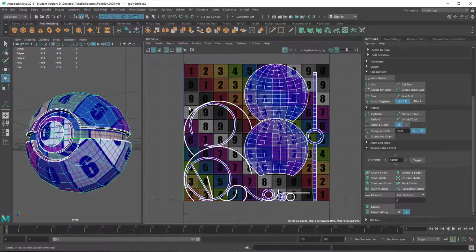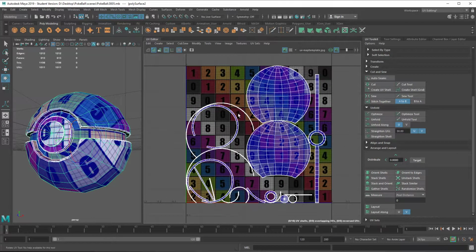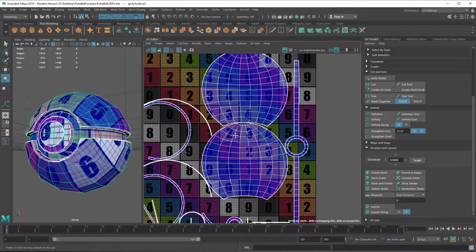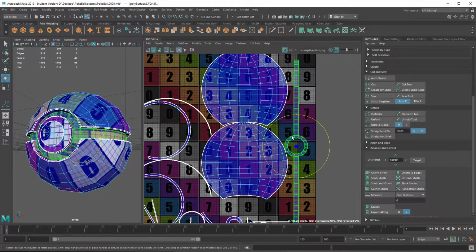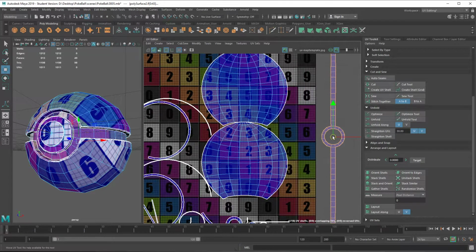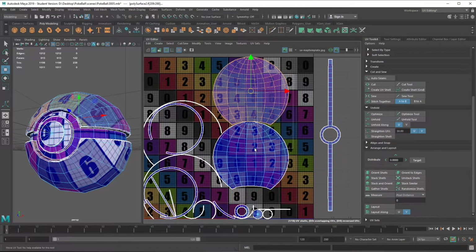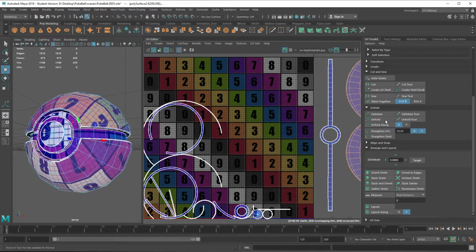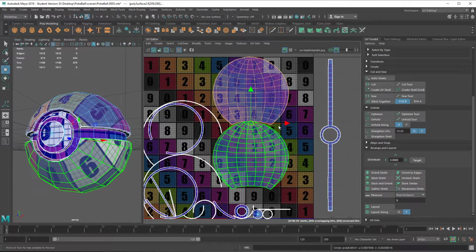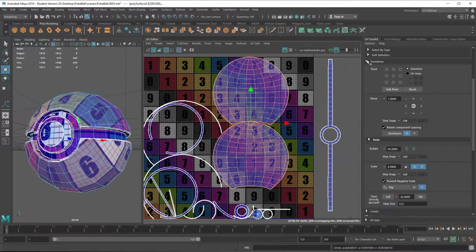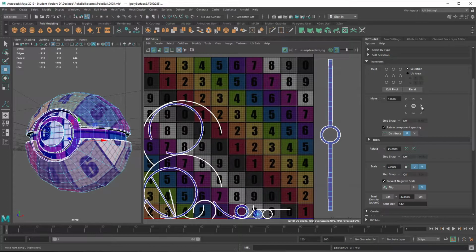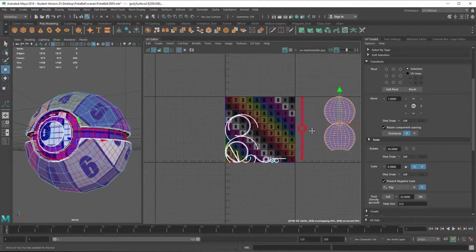Okay, in this video, what I'm going to show you is how to distribute the shells in such a way that they are using the most optimal space possible. So I'm going to be taking this guy out of the way, and also these two guys out of the way for a second. One thing that is going to be really beneficial for me here is if I work with the transforms, I can actually just move them one unit to the right completely,